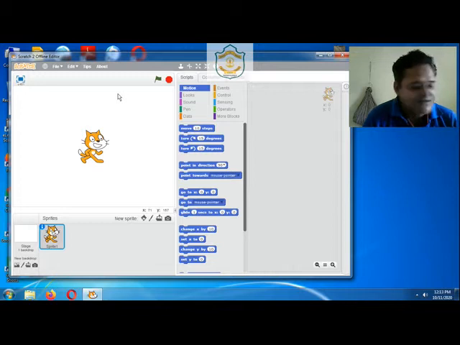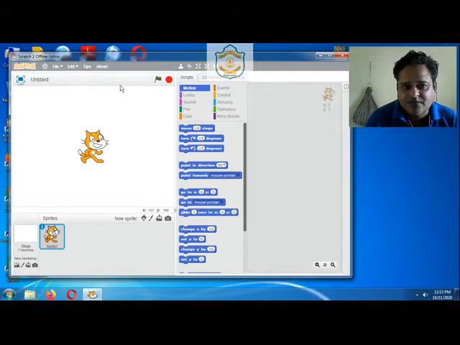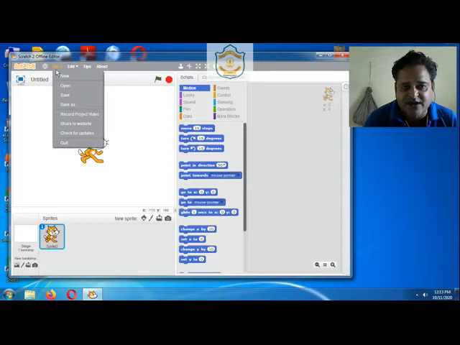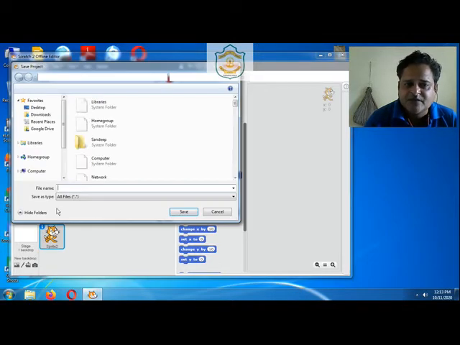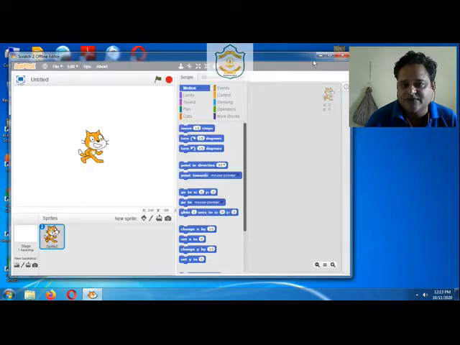So let's continue. Our first section is creating a new project. It is very simple. Just go to File menu, click on New option, and now this complete visible work area is a new project, which we can save with a name of our own choice. In order to save it, click on File, go to Save, give whatever name you want, and click on Save. So your project will be saved.